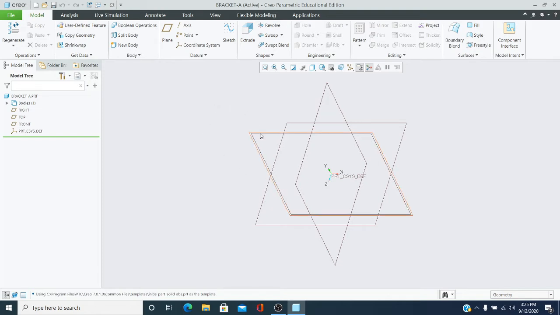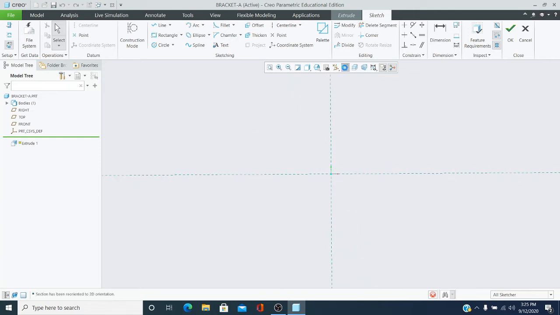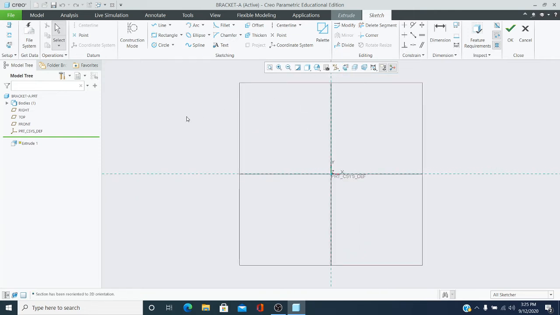Go ahead and select on the frontal plane and select extrude. And now we are going to look at our frontal plane. So select the sketch view so that your line of sight is perpendicular to your drawing screen. Go to rectangle, center rectangle, click on this origin, drag out a rectangle, click, come within the rectangle, click here